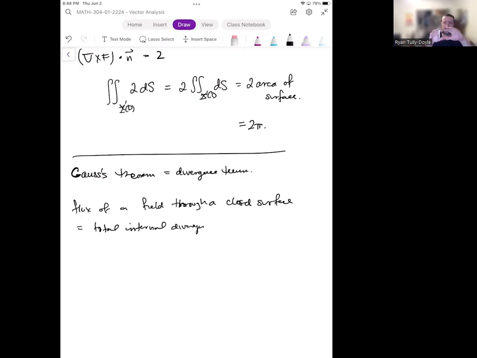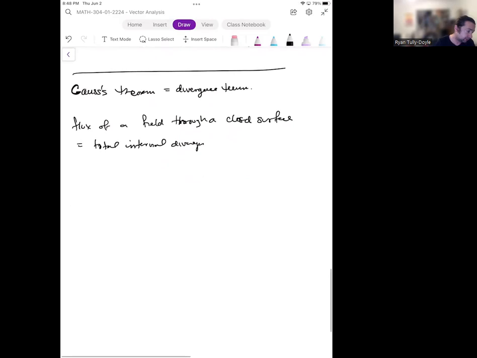By closed surface, I mean like a ball or sphere where it wraps back around on itself. And the idea is that when you have that, there's a relationship between the amount of the vector field that's pushing out of the surface and adding up all the little divergences on the inside. And so the statement of the theorem is,